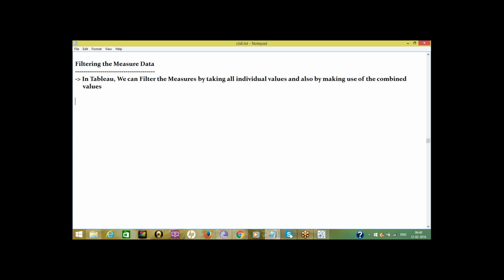And while filtering measure on the grouped records or individual values, we can perform filtering in 4 different ways.